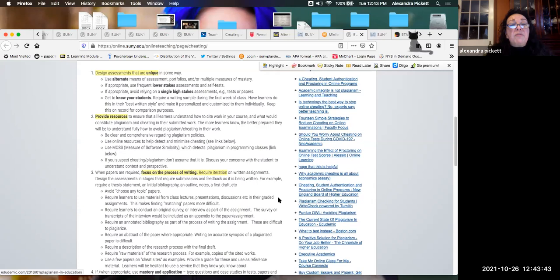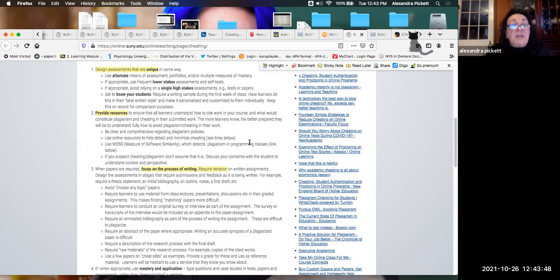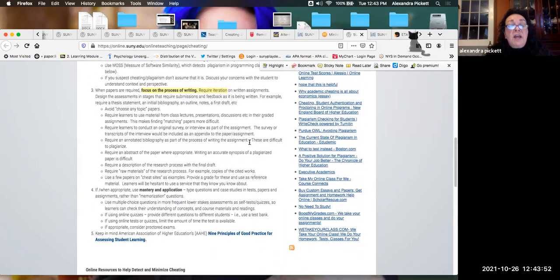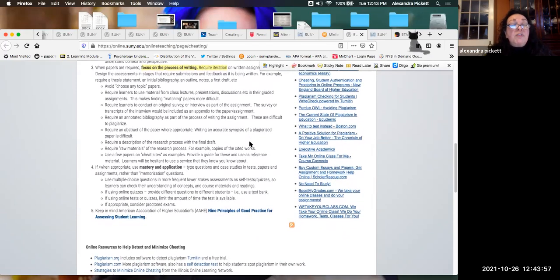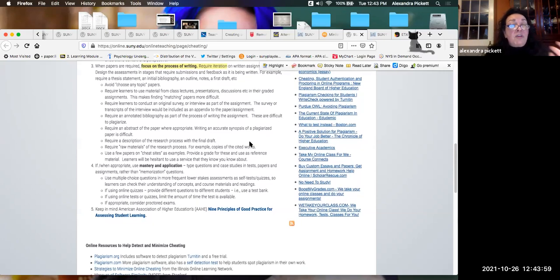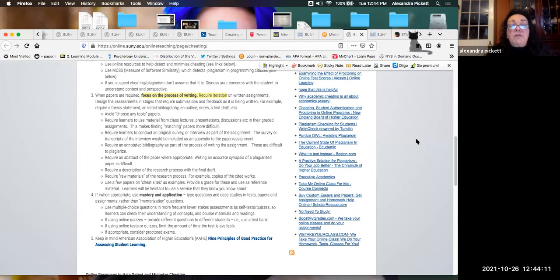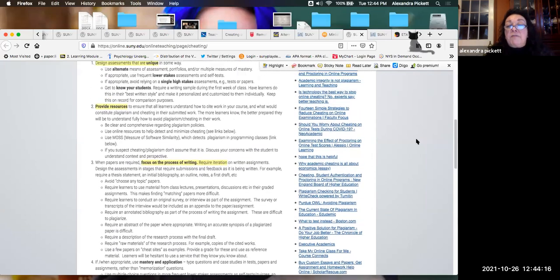And so here are some simple ways that you can think about in terms of designing assessments and providing learners with resources, and if it makes sense, if it's appropriate in your course, to focus on the process of writing as opposed to the product, and think about iteration in terms of being part of the assessment piece, and think about if it's appropriate for your instruction, mastery, and application types of